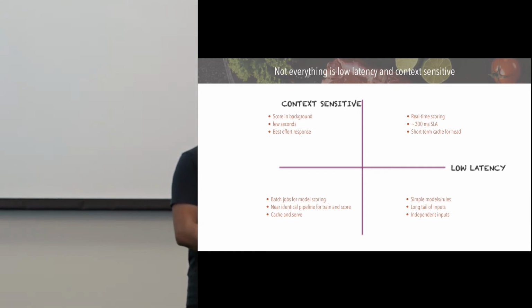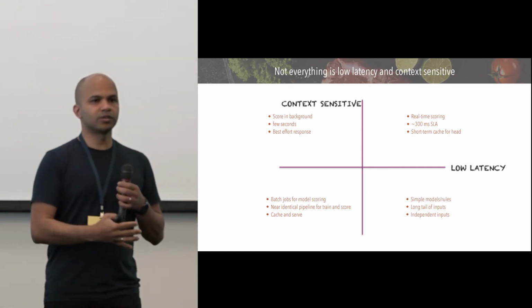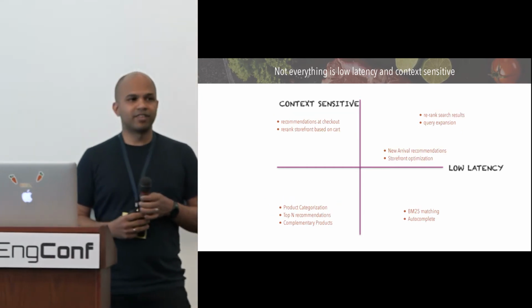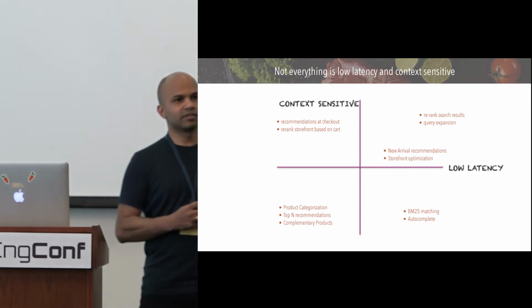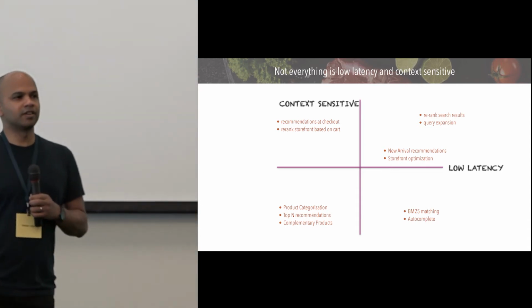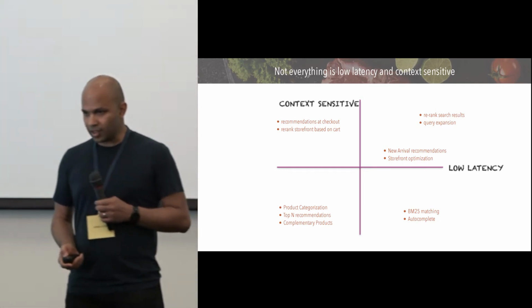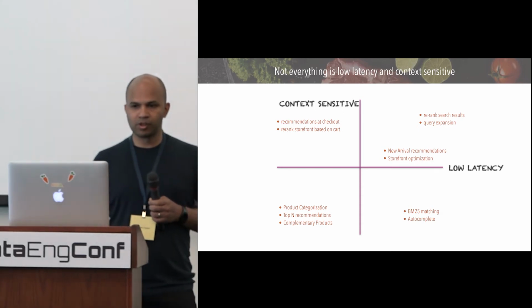But the context matters because, well, context helps for that task. So you want to use as much data as possible. In the extreme case, you might think, well, everything has to be low latency and context sensitive, right? That's where you consider all the data you have or you can get, and everything is super fast. Right? But everything doesn't have to be that way, right? So in our case, for example,